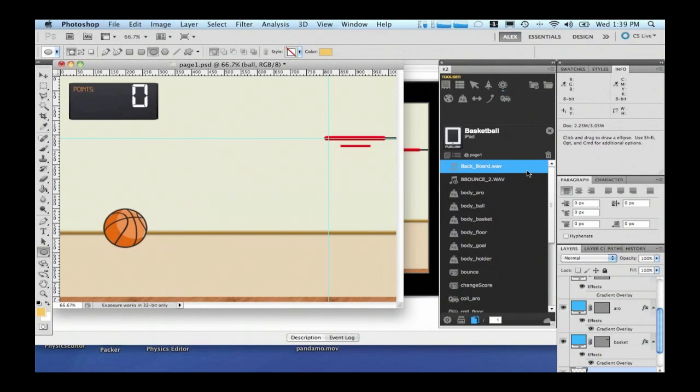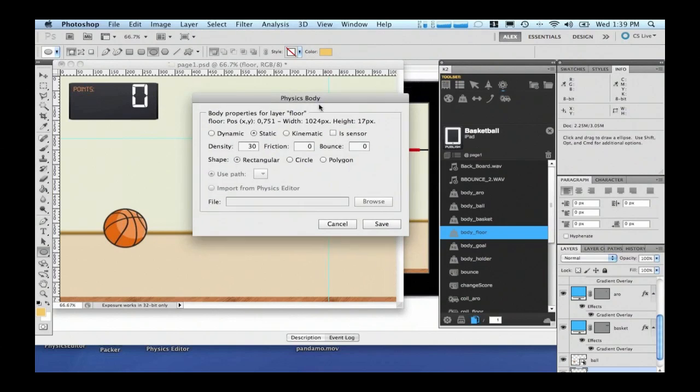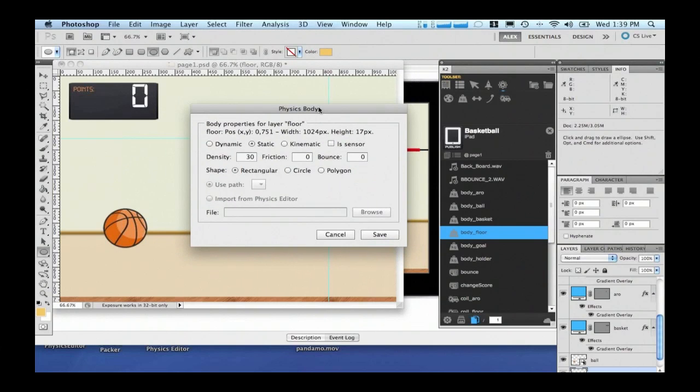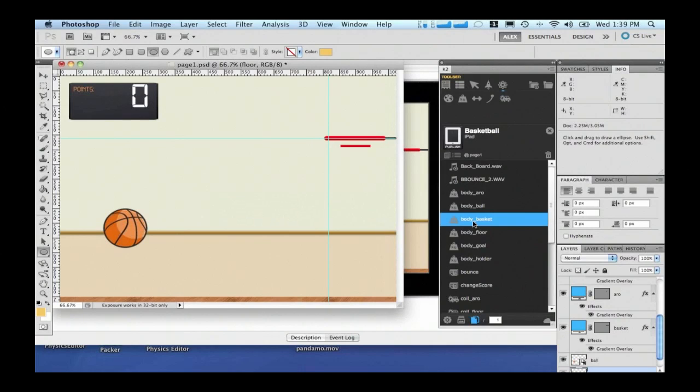So how to do that? As I mentioned, I have several layers here. For the floor, I have one layer here in the floor, and I came here and said, I'm gonna set a body floor for the floor. And what I did was, okay, this body, a floor is static, so I set it as static. And the same I applied to several components.